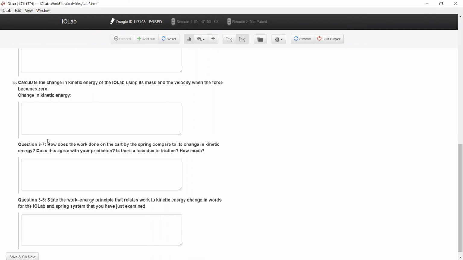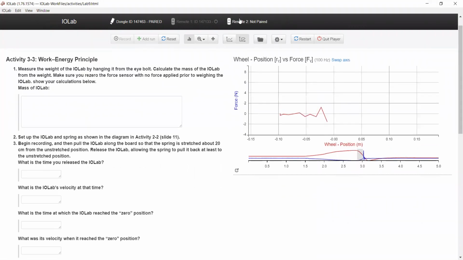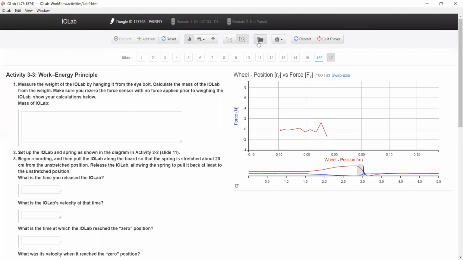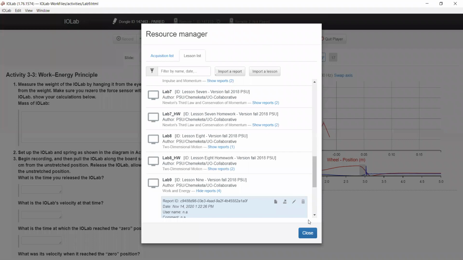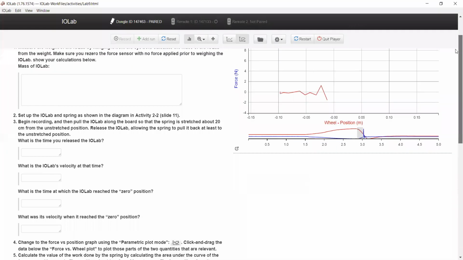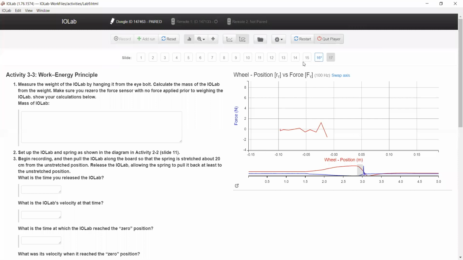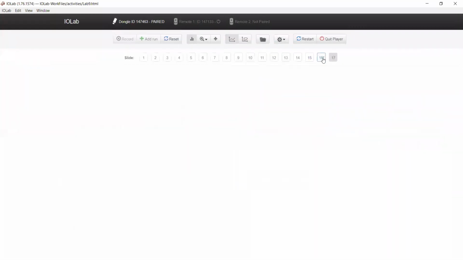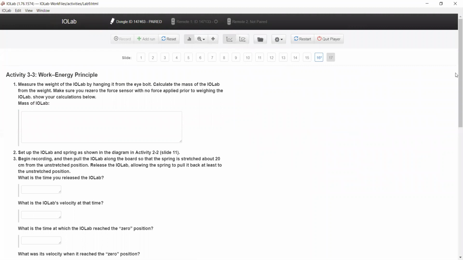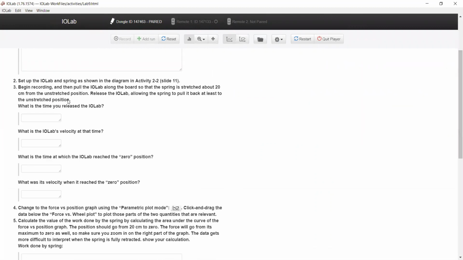State the work-energy principle. How does the work done on the cart by the string relate to the change in kinetic energy? For the change in kinetic energy, you can find the area from here, that will give us the work done. And this is the same graph, we'll just use this same one. In this one, you can have your velocity here somewhere. I think it will be zero, and this one I already explained. That's half mv squared, half mv squared. So based on these two,